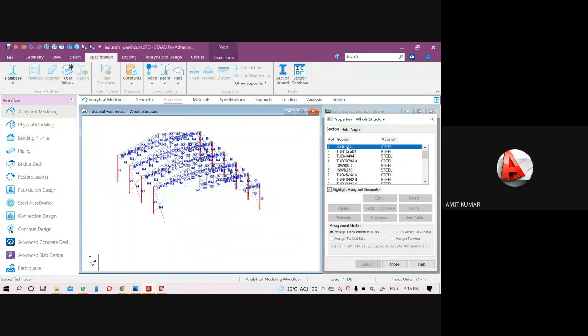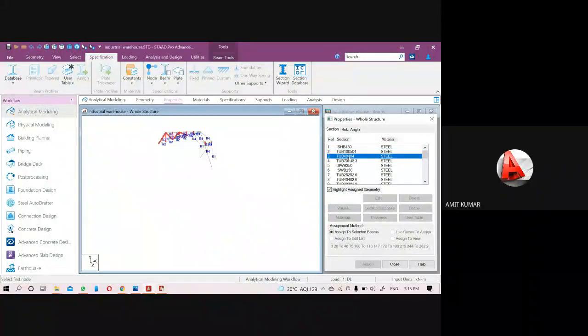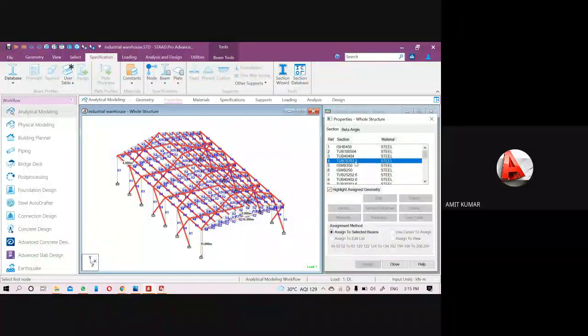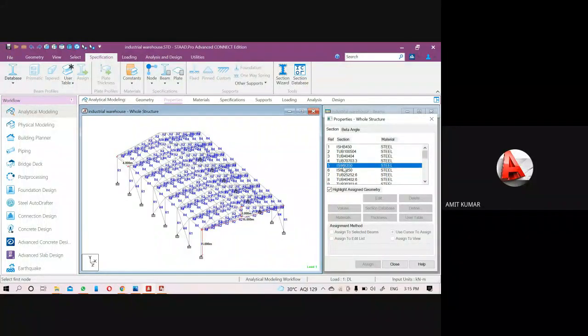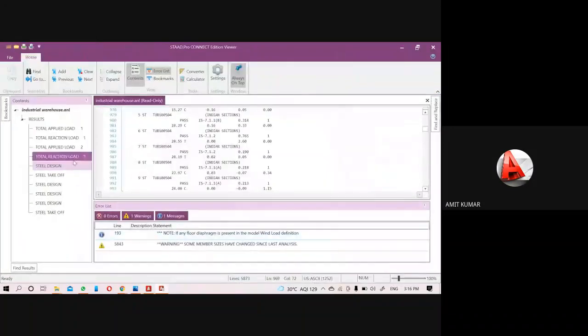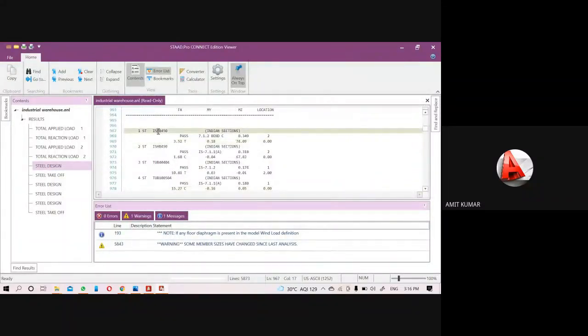So I just add the value ISHB 450, tube 154, tube 4044, and tube 7073.3. So these were the four values which I defined, and after these four values the next was defined by the software. And in the output you can see the values. First one was created by me. For the ISHB 450 it is passed, for the ISHB 450 it is also getting passed.